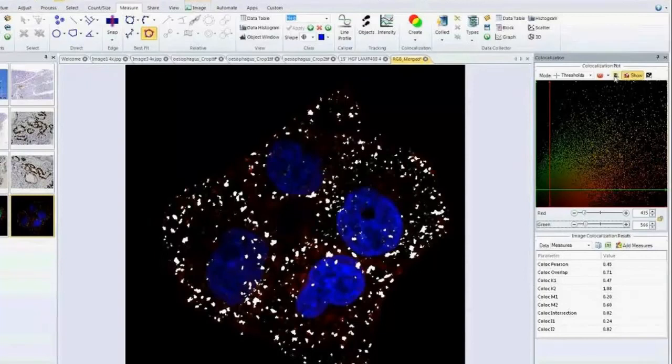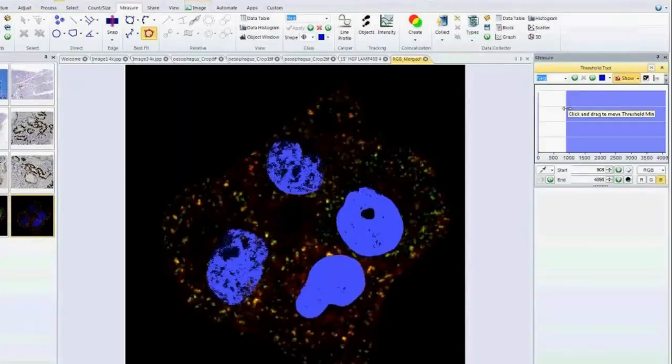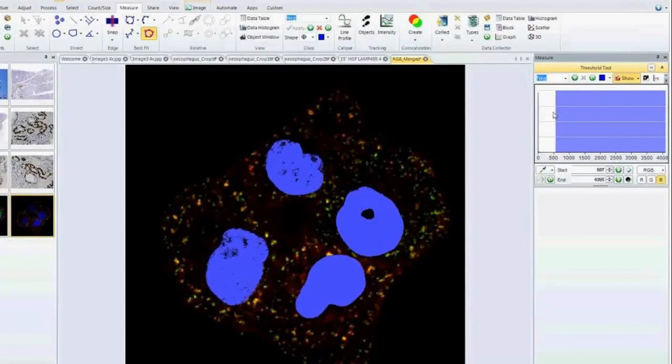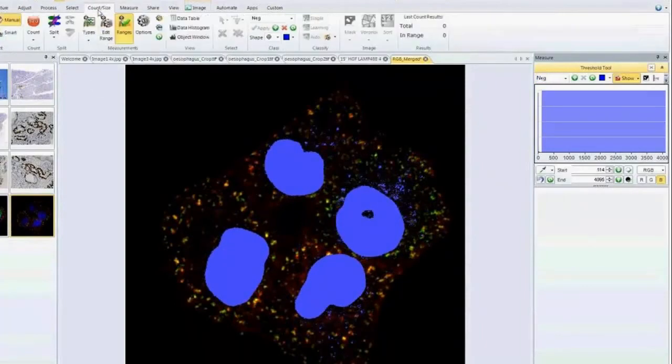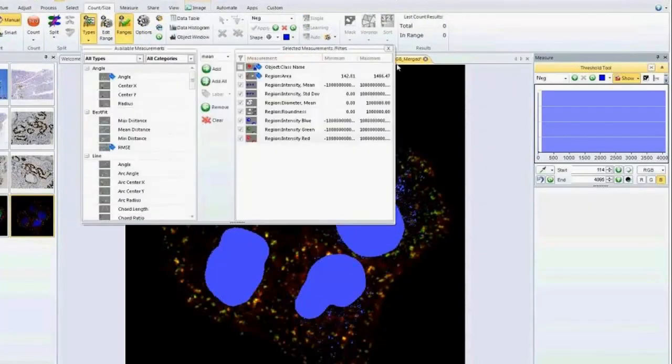So what I'm going to do is, in the co-localization plot, I'm showing the segmentation layer. I'm going to press the segmentation tool, so now I can adjust my segmentation. One important thing to note is if I use my count size settings, my types, and then apply ranges and filter out small objects, for example, if I have it set to area, this is from something else, but I'm just going to set this,